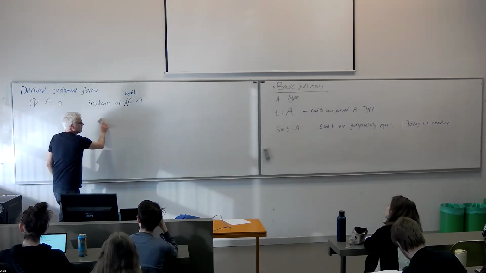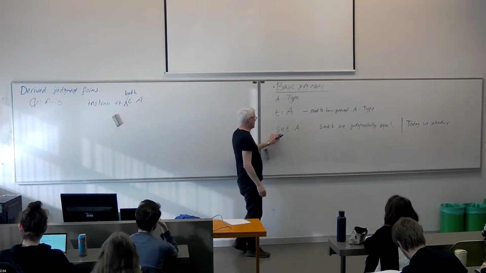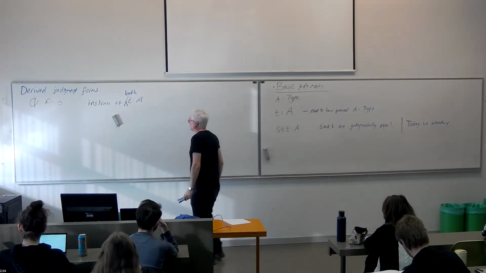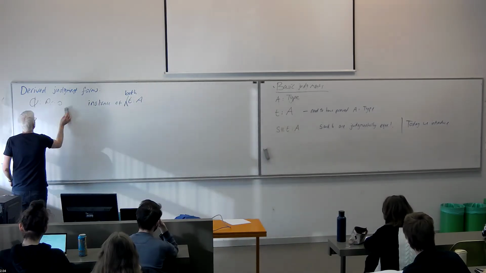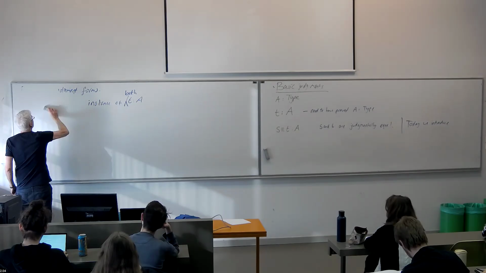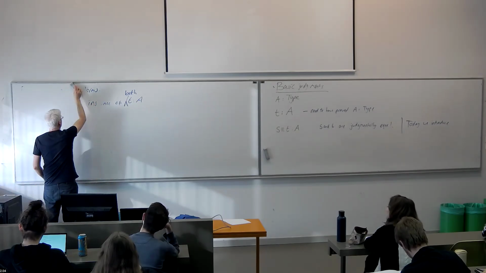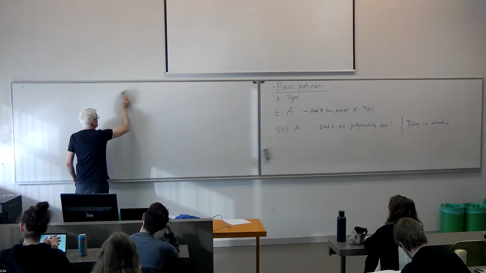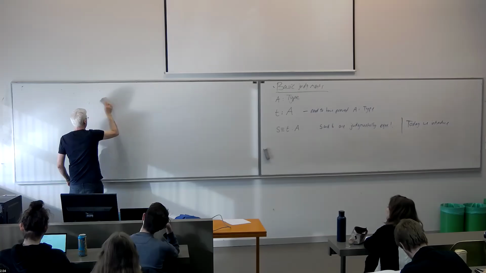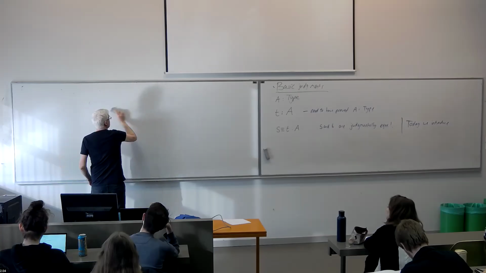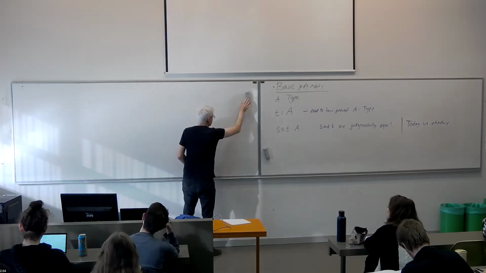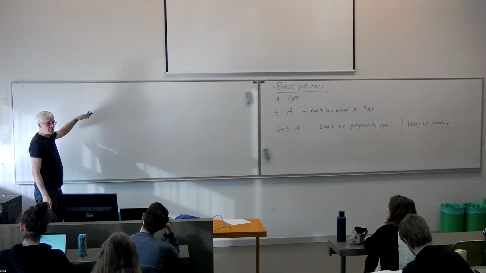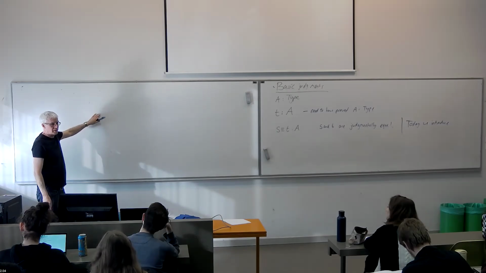Right. So one goal today is to get to judgmental equality. But before doing that, I want to go back to the types we were looking at last week: the natural numbers, lists, and vectors. And last week we had the introduction rules for these types, so how to form terms that describe elements